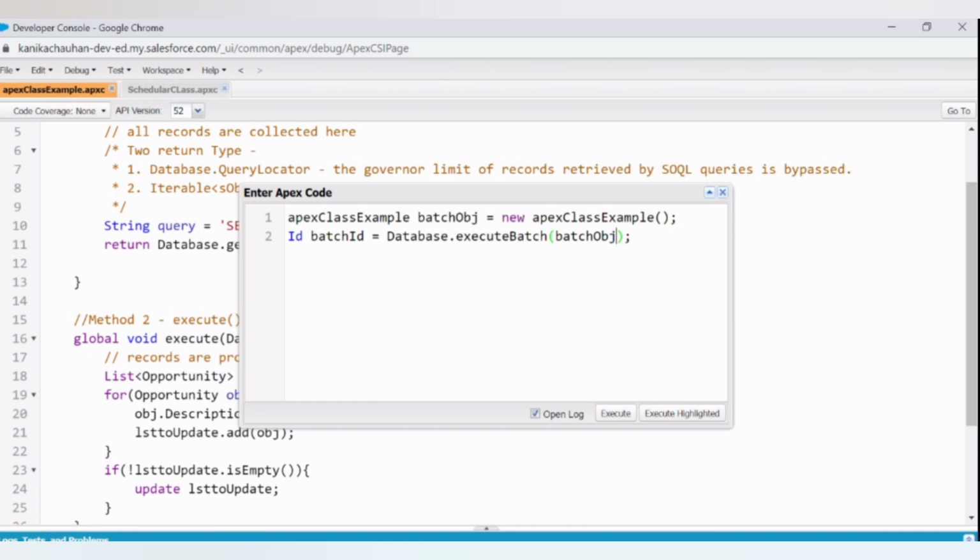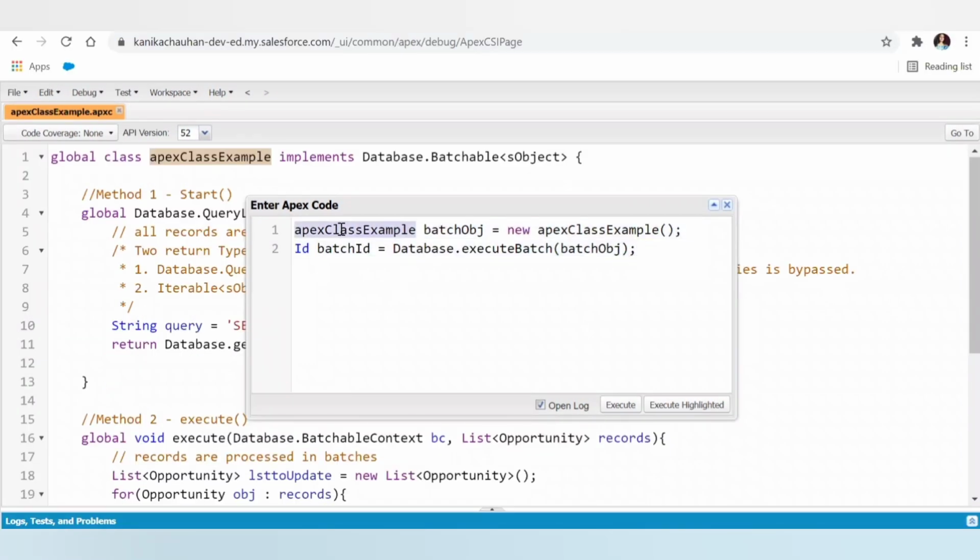The second parameter is optional. In the second parameter, we pass the size of our chunk. By default the chunk size is 200, but if we want to modify it so that each chunk or each batch should contain this number of records, it can be 100, 200. So we can pass the size of our chunk in the second parameter of this function.